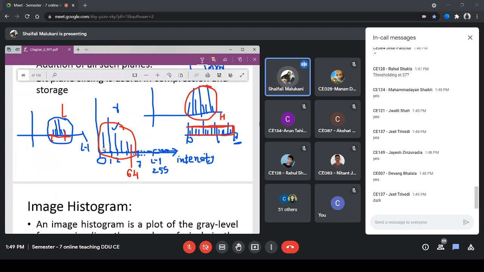I don't want to modify my image. I want to keep it dark. Whatever I have obtained is what is required for my operation. I don't want to change it. I want to keep it as it is. It is sufficient for me. It is possible that I need a dark image and I want to work with it. My intensity is 0 to 64, I have values up to 63 rather. After that, I have value 0.